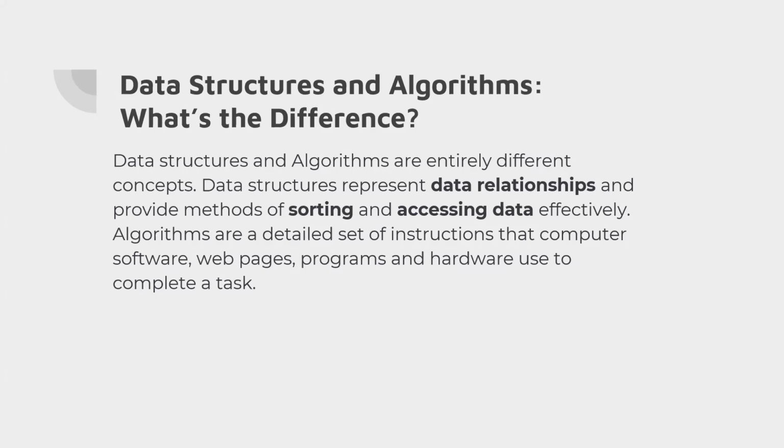Data structures represent the data relationships and provide methods of sorting and assessing the data effectively. On the other hand, algorithms are a detailed set of instructions that computer software, web pages, programs, and hardware use to complete tasks. If you're developing an application, either a desktop application or a mobile application,